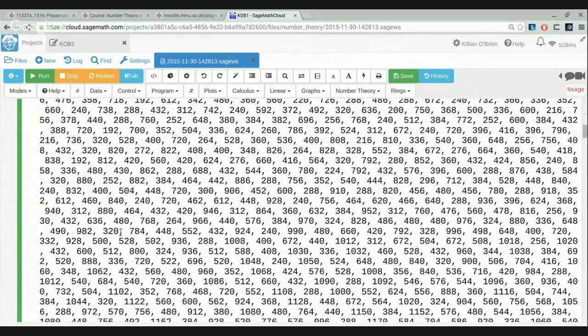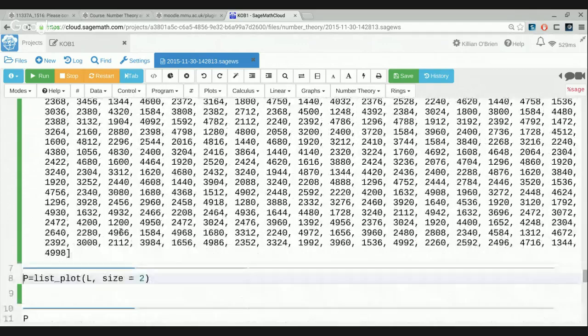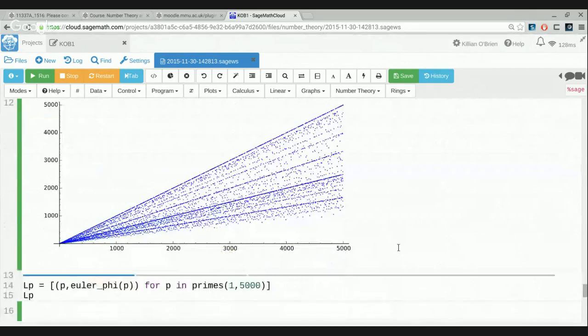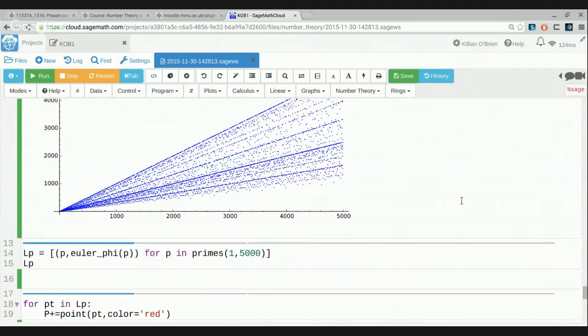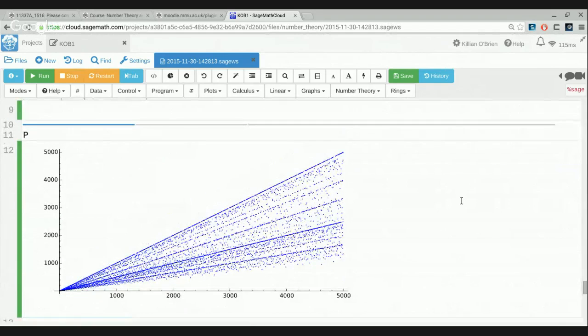It's not very easy to pick out anything just from staring at lists of numbers, so we should look at a plot of it. So that's a plot of the first 5,000 values of the Euler totient function. So we have n from 1 to 5,000 here, and each dot shows the value of the function on that integer n. So it's broadly increasing, but when you look at around any particular region of values,